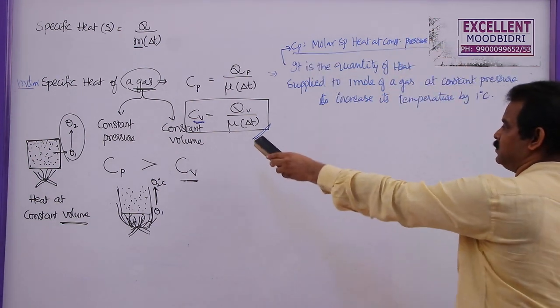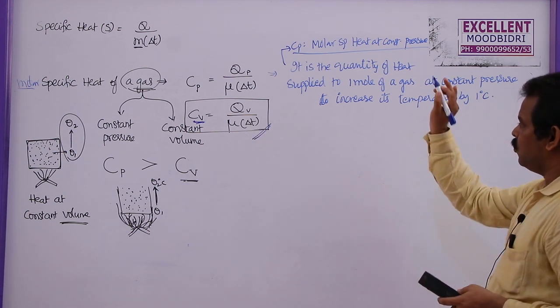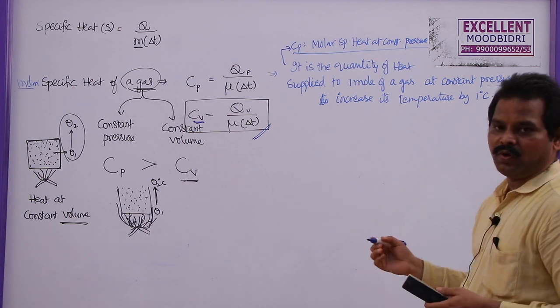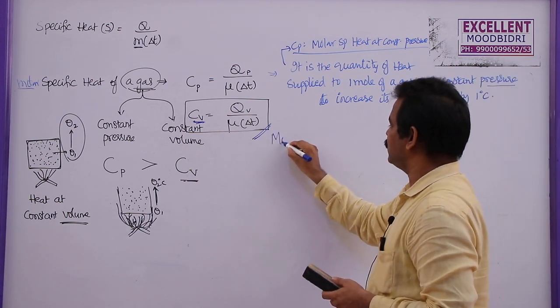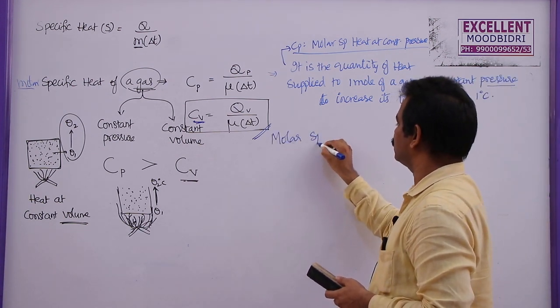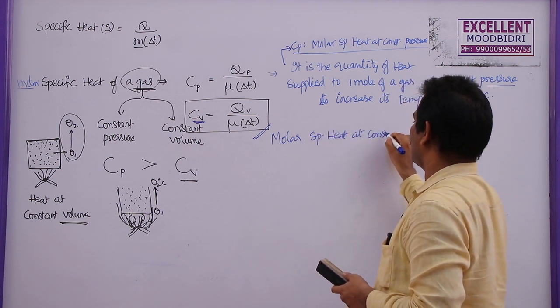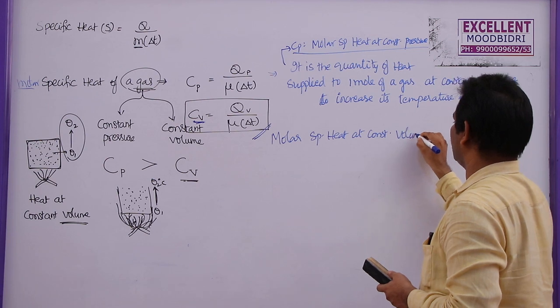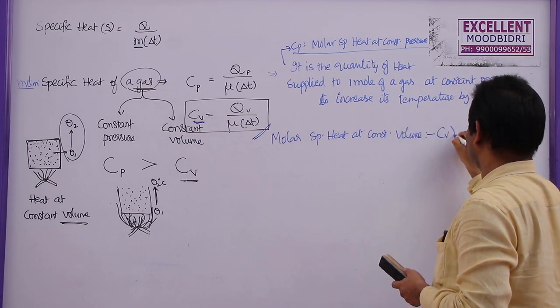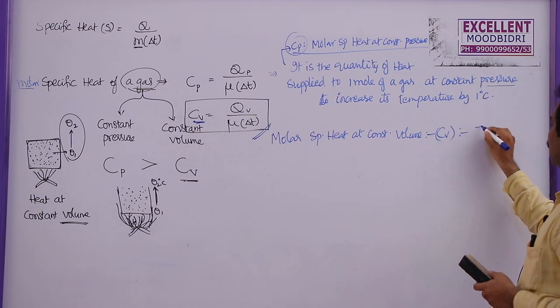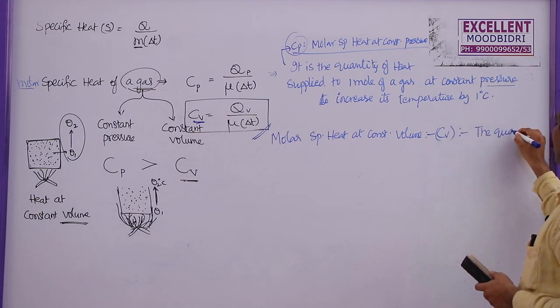Now, to define molar specific heat at constant volume, the only thing is you need to replace this pressure with the volume. So, the molar specific heat at constant volume, this is Cv, this is Cp, this is given by the quantity of heat required